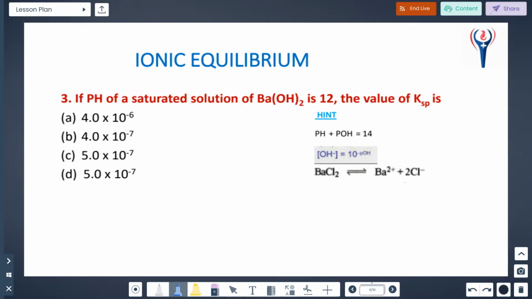So here, you know that based on pH, we have so many formulas. The general formula is pH plus pOH is equal to 14. Okay. Likewise, pH means negative log of H plus concentration, and pOH means negative log of OH minus ion concentration. Okay. But in these sums, they are asking: if the pH of a saturated solution of base